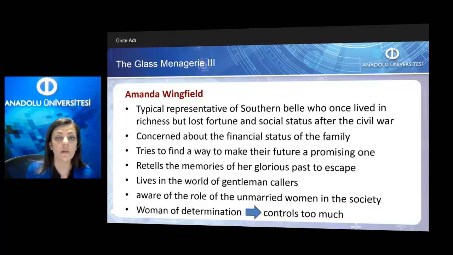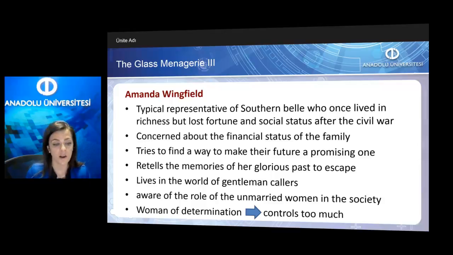Amanda Wingfield is the mother of the family. She is a typical representative of a Southern belle who once lived in richness and glory but lost fortune and social status after the Civil War. She is so much concerned about the financial status of the family, and the status of the family is not good now. So she tries to find a way to make their future a promising one, especially she's so much concerned about Laura's future. So she all the time retells the memories of her glorious past to escape from the harsh